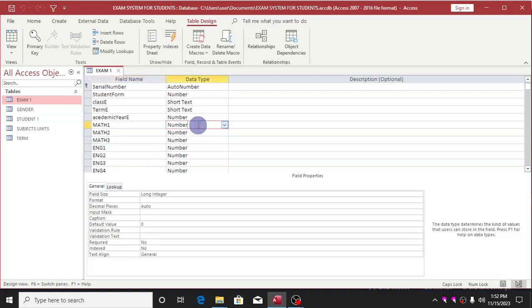The first one is 30. So when you click on this one, 30, you come towards this side. You will see your default value is 0. You will now see your validation rule. Now, what is your validation rule? You don't want the scores to be greater than 30. So here it should be lesser than or equal to